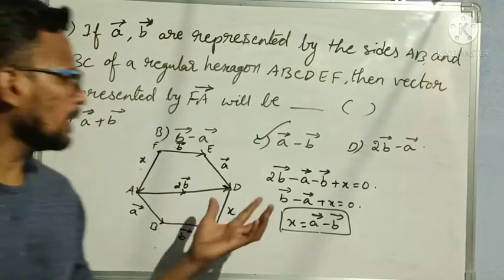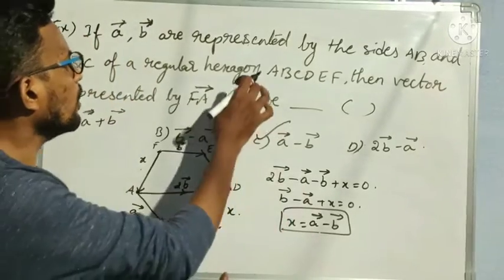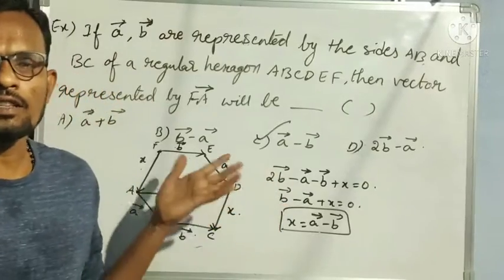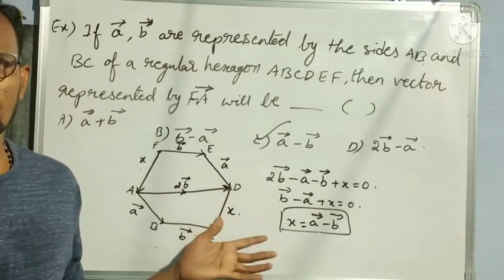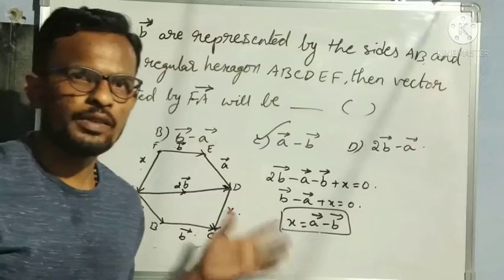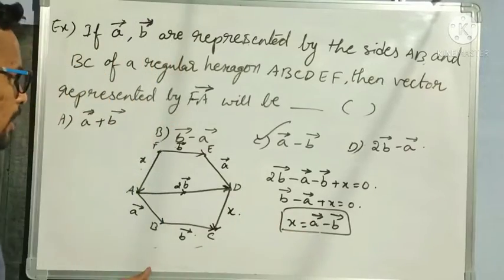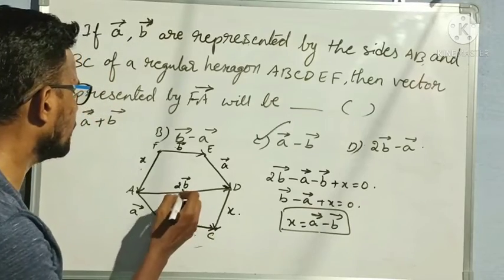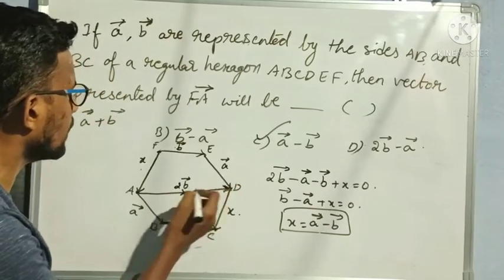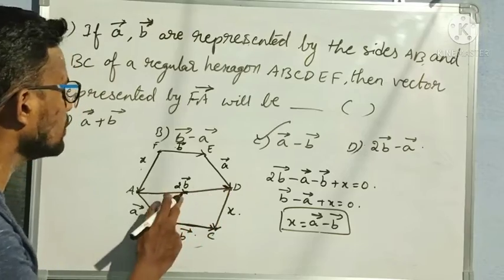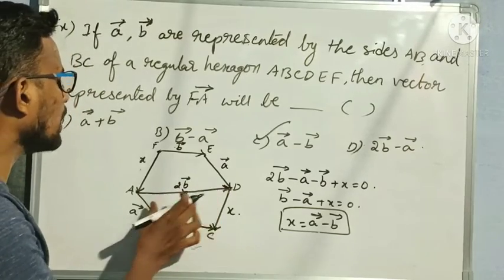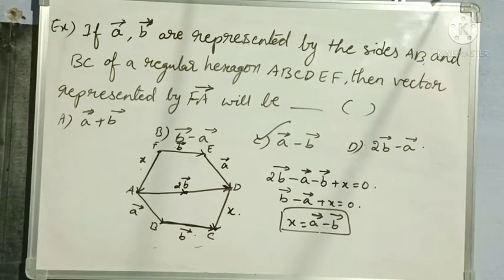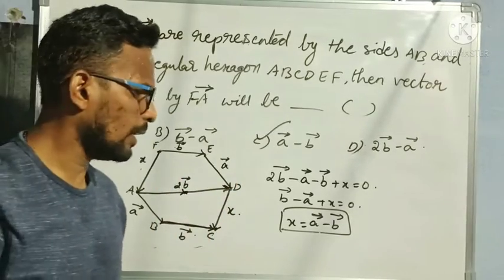So everyone should get the idea that a hexagon means 6 equilateral triangles will be formed. Okay, understood? That's why when the 6 equilateral triangles are formed, when this is B bar, here also half of that becomes B bar, and here also half of that becomes B bar. So the total B bar plus B bar becomes 2 B bar. So after taking 2 B bar, we have to apply the loop law for ADEF. Okay, so that we'll get our answer correctly.